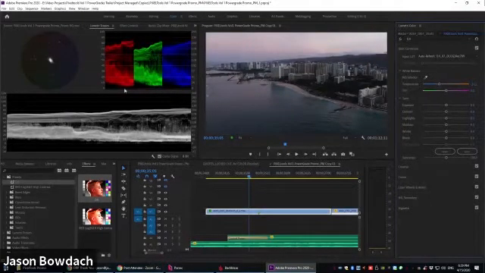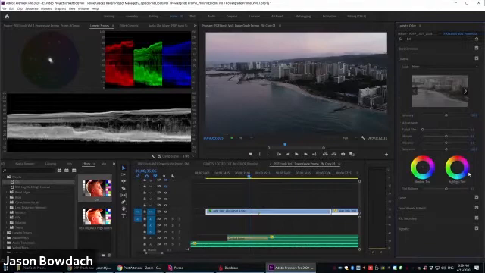Now I'm going to go back to my shadows and see how they're doing. Okay, it looks like we have a little bit of blue in my shadows. So I'm going to go to my creative tab. A lot of people don't know what to do with these shadow and highlight tints, and I think they're really useful, not necessarily for tinting, but for removing tints.